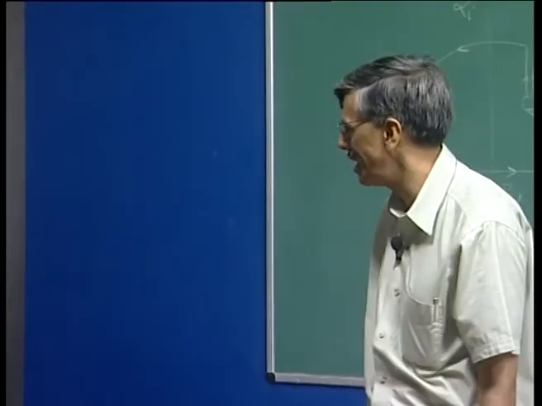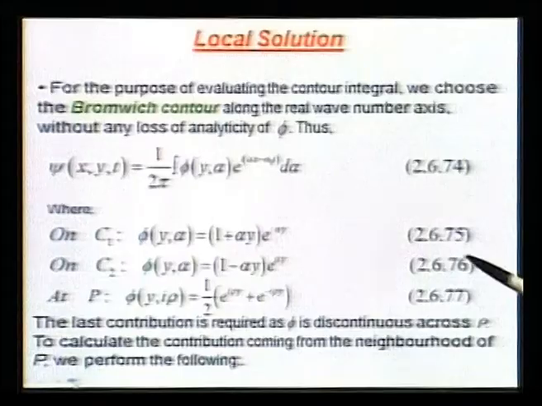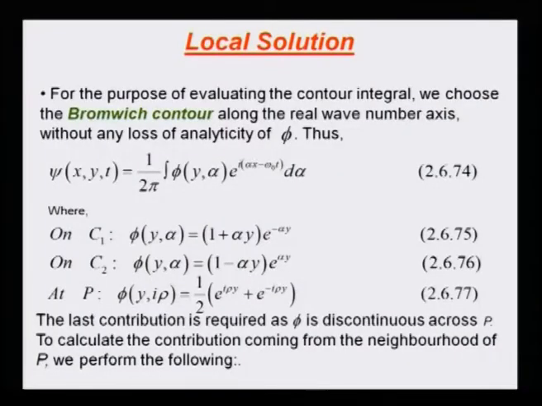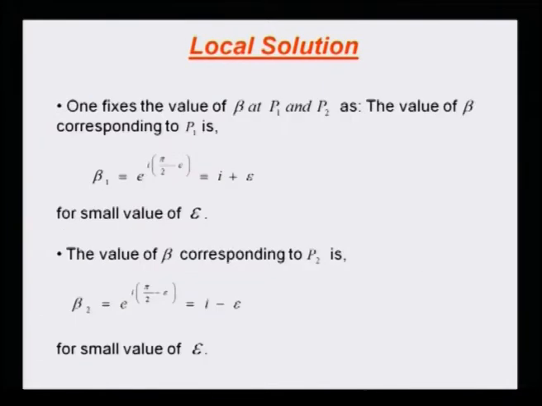We'll not talk about anti-Stokes line, but let's keep it in mind that we can perform this integral. Although the function may behave a little unphysically, its contribution can be worked out and we can see what happens. And those 2 points P1 and P2 that we are talking about here,